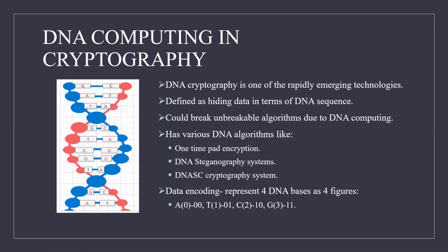Then comes DNA steganography, where messages are hidden in different regions of DNA so that it will be almost impossible to recover all the bits, which in turn prevents hacking. Another one is the DNA symmetric key cryptographic system, where ciphertext is embedded in specially designed DNA chips, and both encryption and decryption keys are formed by DNA probes. Probes are nothing but small single-stranded fragments of DNA that target DNA sequences in a sample. Usually, DNA bases are encoded in binary form, where each base is assigned a two-digit binary value, as shown in the slide.